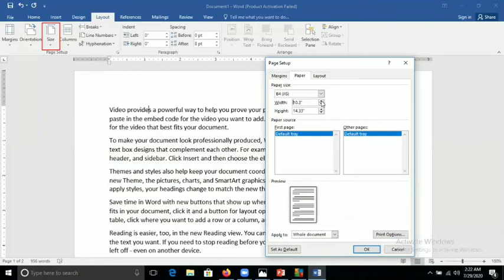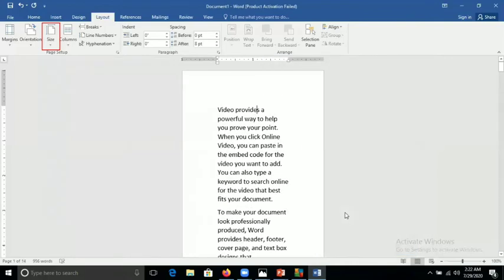You can increase the value with the up arrow and decrease with the down arrow, or you can type it yourself. For example, I want width 4 and height 7. Just click on the OK button. You can see my page size is very small because I have given 4 width and 7 height.